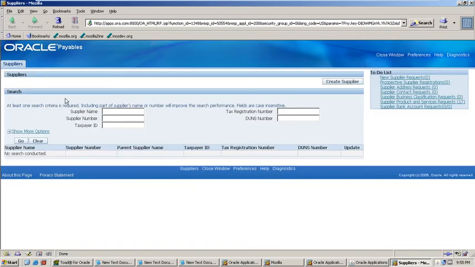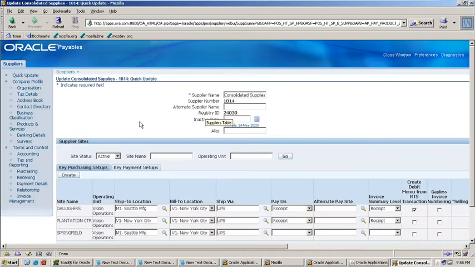Now select the supplier. Here go to tax details.